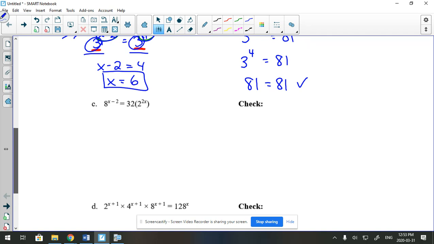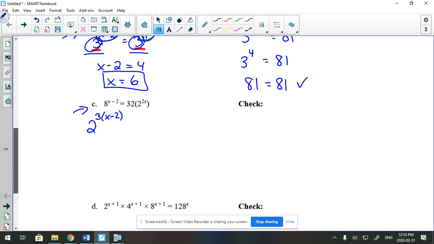So looking at part C, I can see that a nice base that could be used is 2. And if you're not sure, try to first see if you can write them out as an exponent with 2. If you can't, try 3 or whatever if you're not super quick with your facts. So for 8, I know that's the same as 2 exponent 3. If that's not quick in your head, you're going to have to go in your calculator and test it out until you can get it to equal